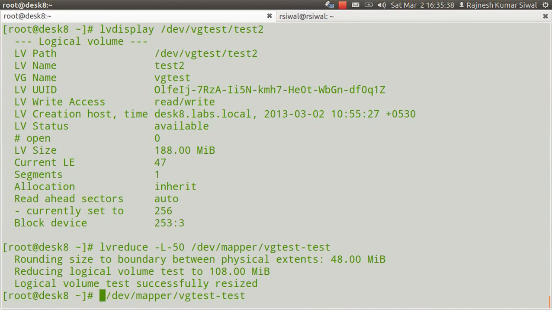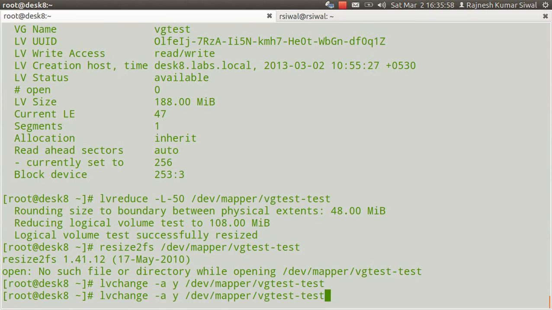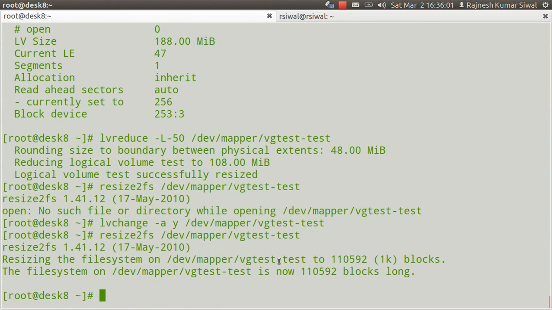After the size has been reduced, we can run resize2fs once again on it. The reason it didn't run was lvchange -ay, so it's going to mark this logical volume as active now, and now I resize it. So whatever free space was available on logical volume test is now ready to be used. Now I just mount test